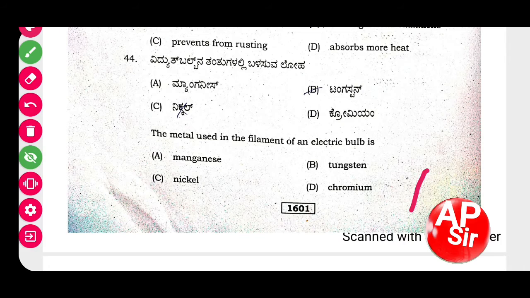Okay, the options are manganese, tungsten, nickel, chromium, right? So our answer is what? It is tungsten. Why? It has a high melting point, which means it will not melt very easily. So this is the right option. So next